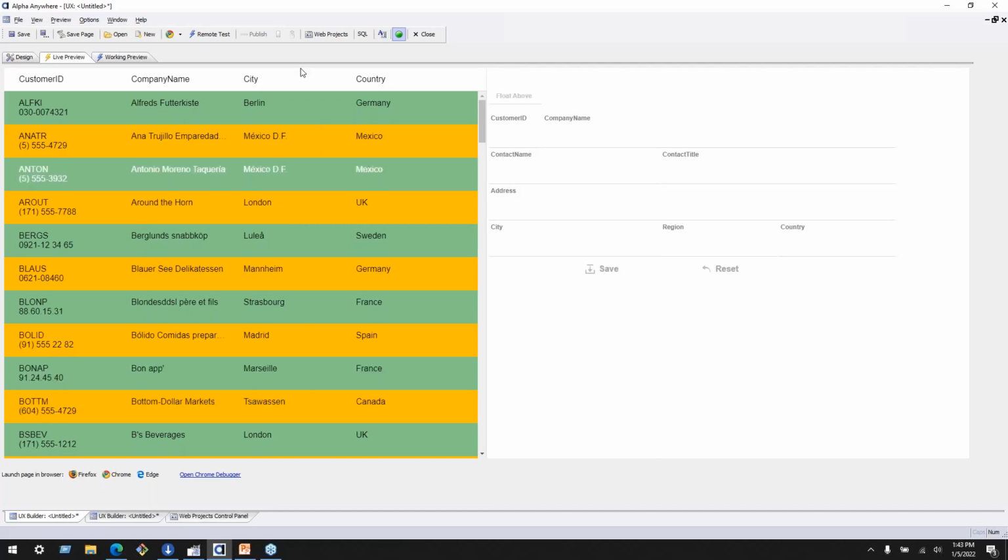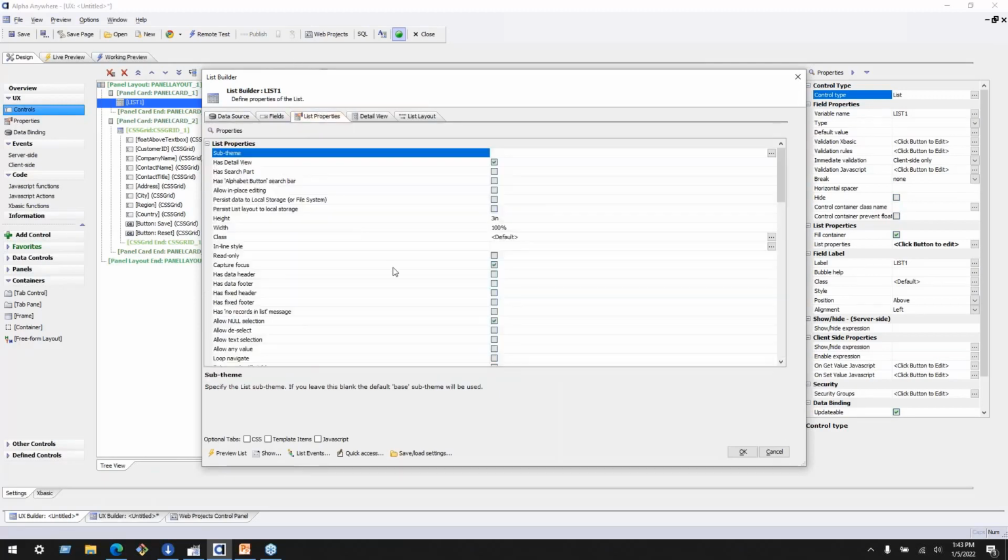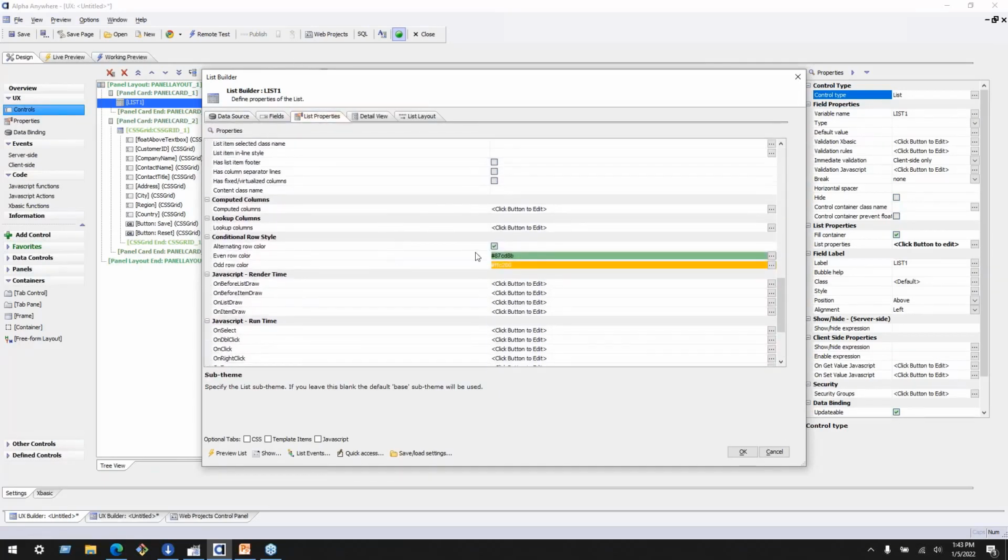So yeah, you do lose the background row highlighting. I suspect that's happening because the way we've done this, you can see that even the odd row colors are probably being added at the list row level. And because of that, it's going to overwrite whatever is in the style sheet because of how CSS loads and how that works. So a better solution here, instead of using alternating row color, or maybe not a better solution,